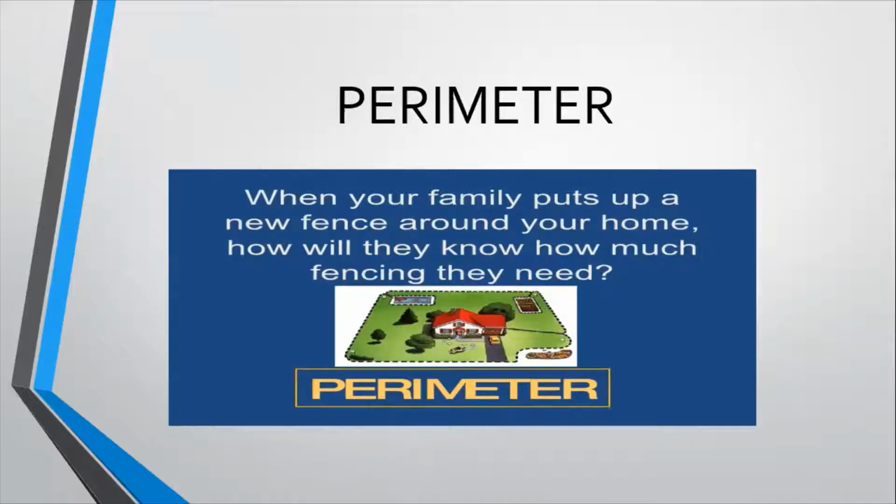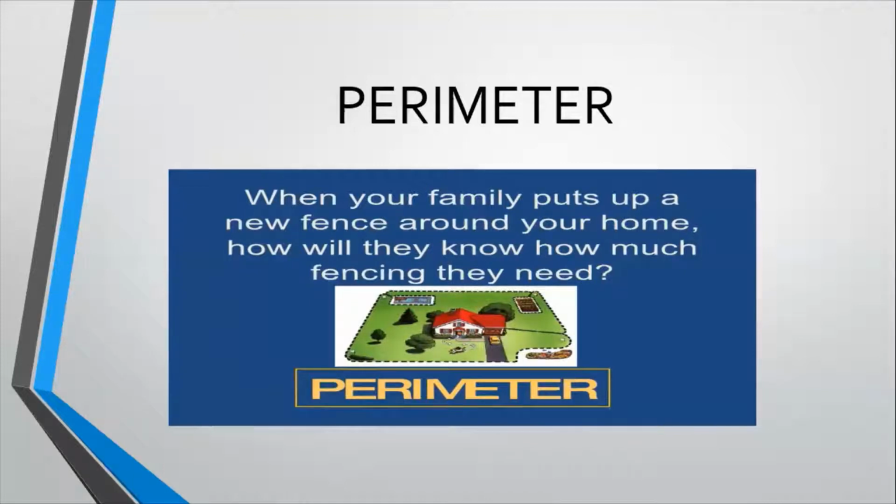Whenever you are finding out boundary of anything, इसमें क्या लिखा हुआ है slide में? When your family puts up a new fence around your home और अराउंड योर गार्डन और अराउंड योर लॉन, जब आप वो फेंस लगाते हैं तो आप क्या करते हैं, आप चारों तरफ मेजरमेंट कर लेते हैं कि अच्छा भाई, वन साइड लेंथ इज दिस, अदर साइड लेंथ इज दिस, अदर साइड लेंथ इज दिस, अदर साइड लेंथ इज दिस. एंड इन दिस वे जितनी भी साइड्स हैं, आप क्या करते हैं, उन सबको ऐड कर लेते हैं, एंड यू फाइंड देम the length, and then you put the boundary. So perimeter is the boundary of any shape.